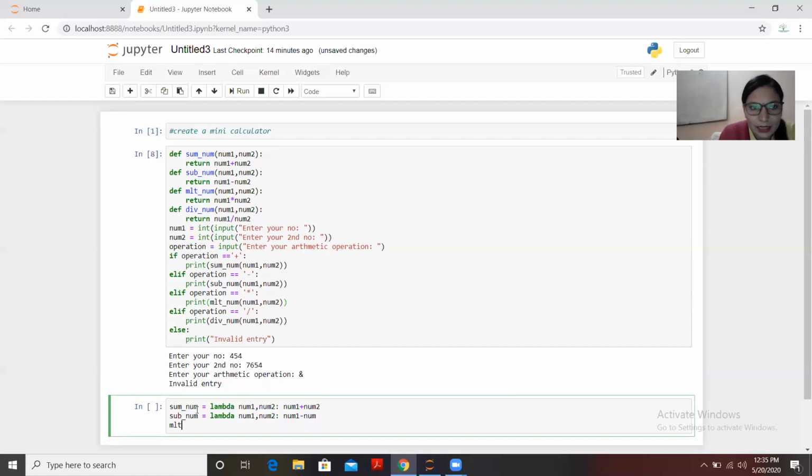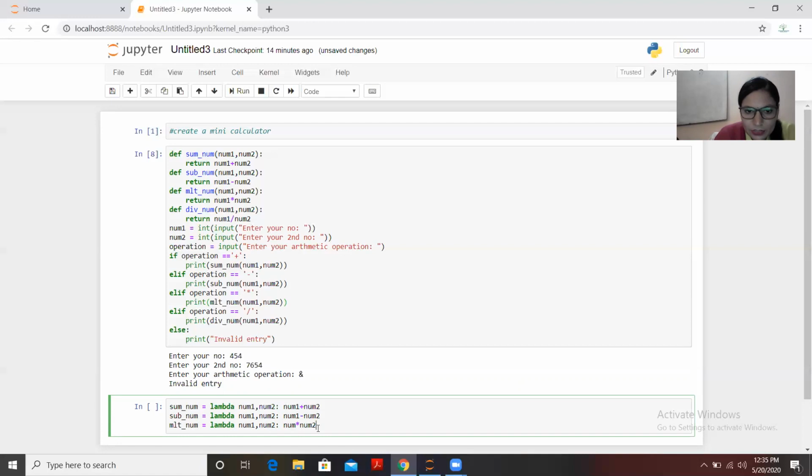And then mlt. I'm just giving you the option to use both kinds of function in the same code. mlt_num equals lambda num1, num2, colon, and the expression which you want to apply on these two variables, num1 times num2.